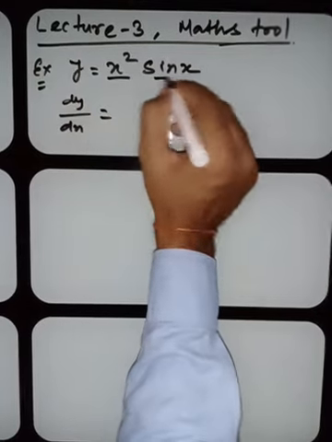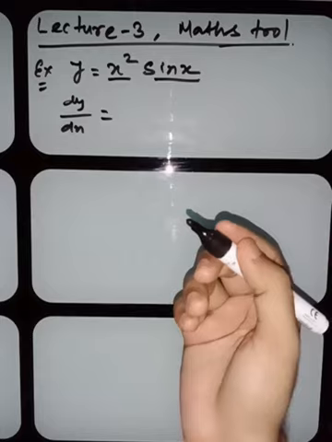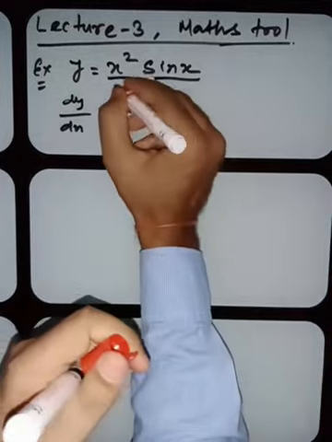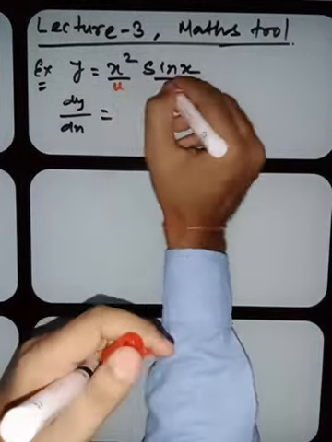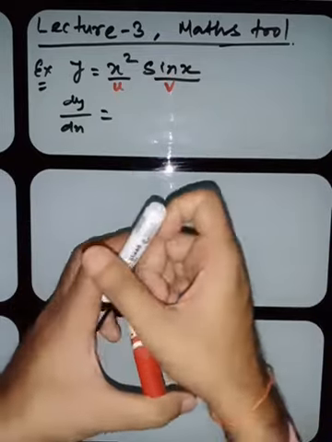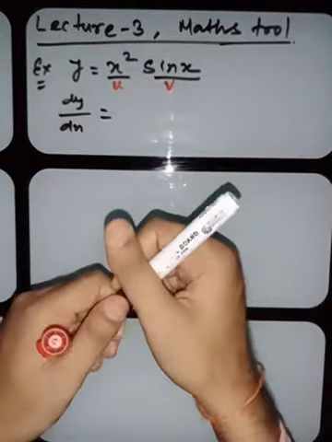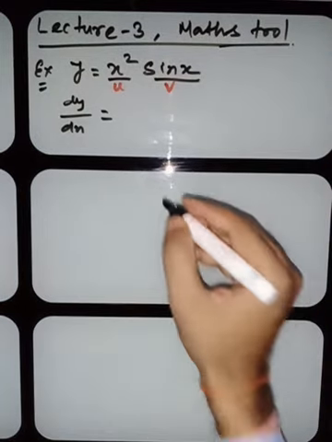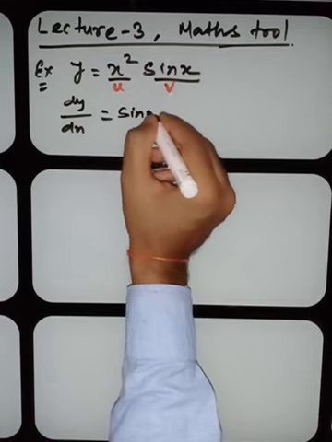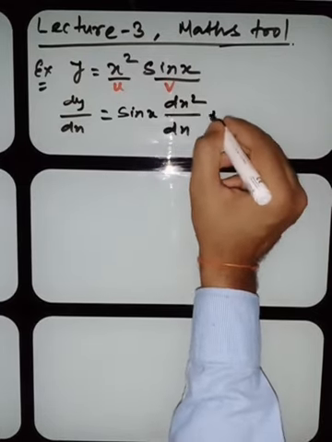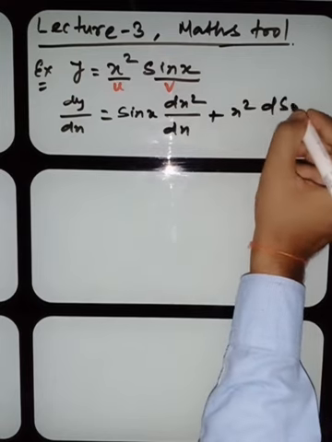Look here, this is the u and this is the v. In a u v product function, this is u and this is v. You can take any one as u and v. Remember, you can take this sin x as v. There's no problem, you will get the same answer. So the v will be taken out: sin x d(x square) over dx plus x square d(sin x)